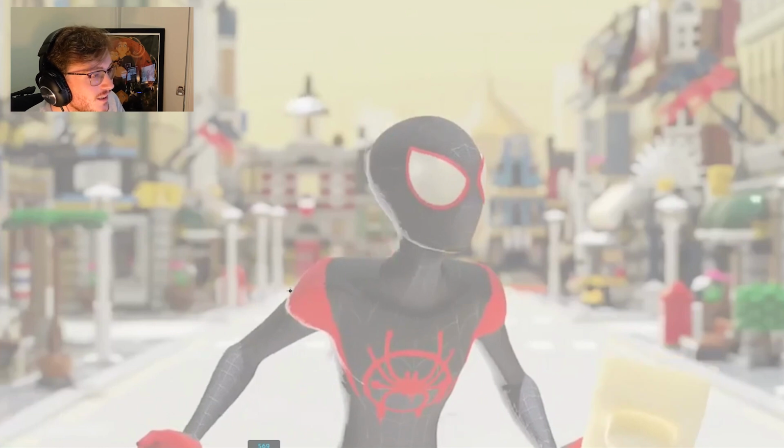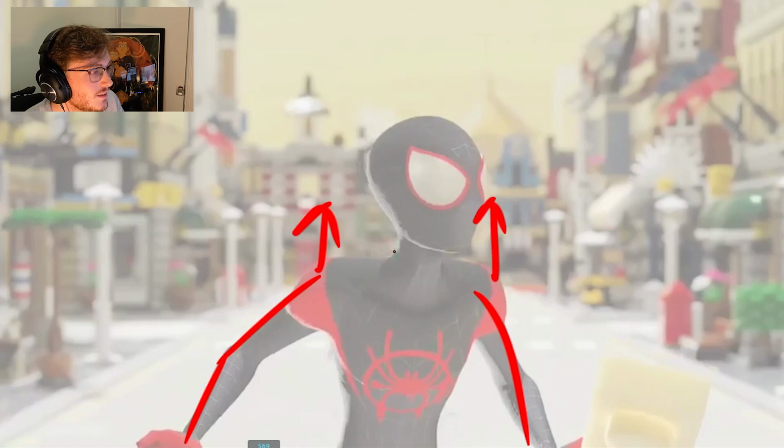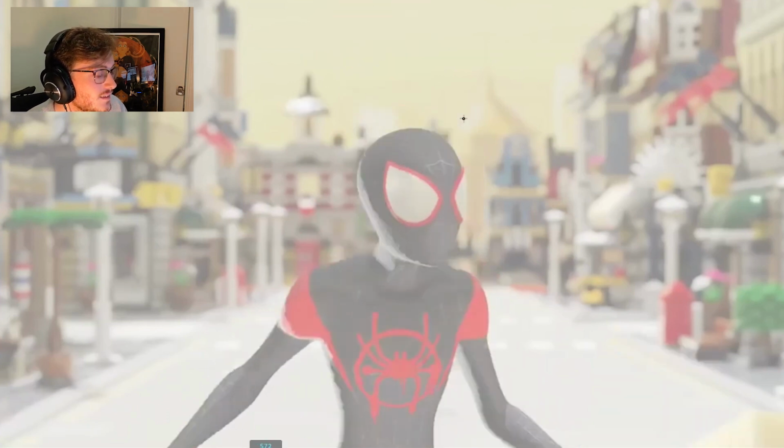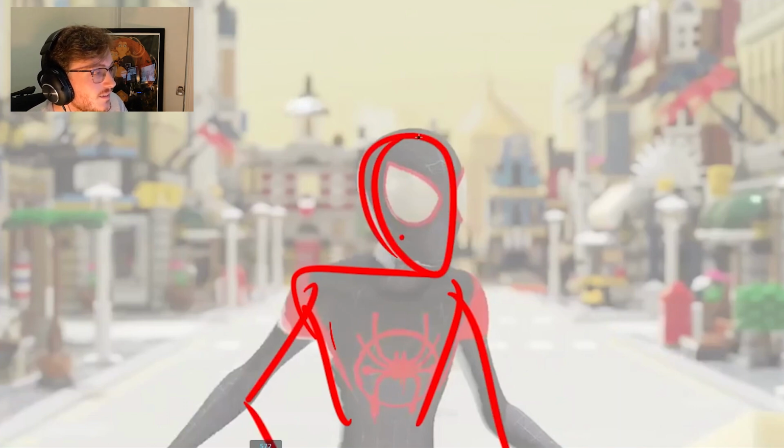And you can see we've got a tiny little anticipation where the shoulders come up and the rest of the body leans down and the head tucks in. And then there's a little down arc with the head.